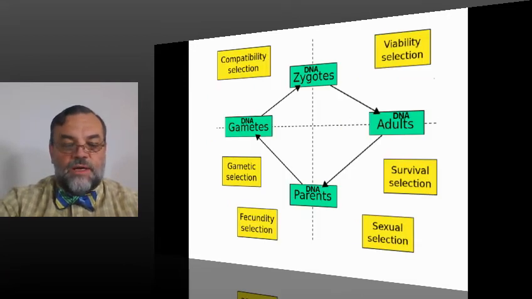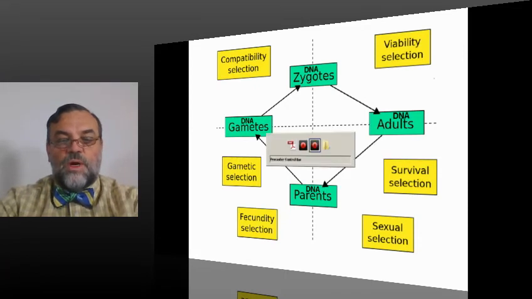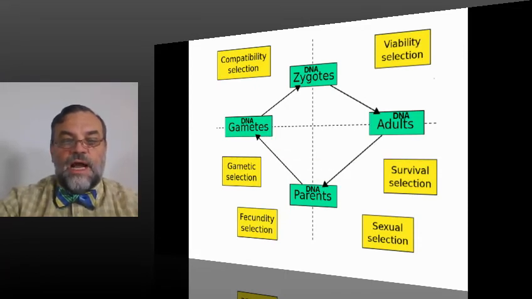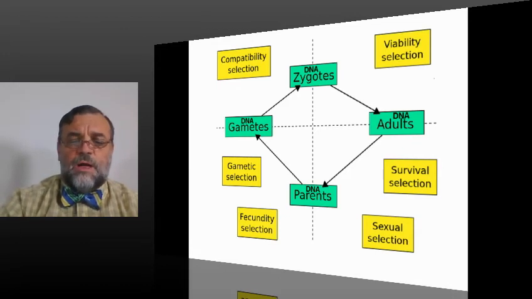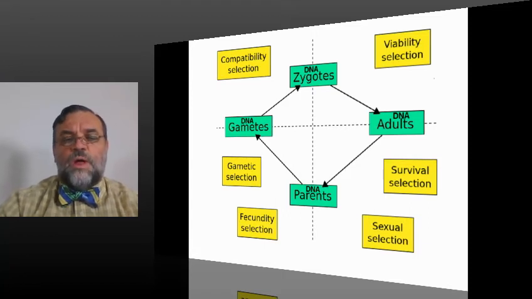Here's a diagram that I pulled off from our friends on Wikipedia, and a very good diagram. And I've colored in green what is the organism, and we have a whole cycle here. We could start at the top, DNA zygotes. We mentioned in our first video how in the case of a human, or actually all sexual creatures, there is first one cell that is a fertilized cell beginning, and it divides into 2 cells and 4 cells and so forth. That's the zygote. That will proceed and grow to adult, and each one of these I've put DNA because there's DNA there,